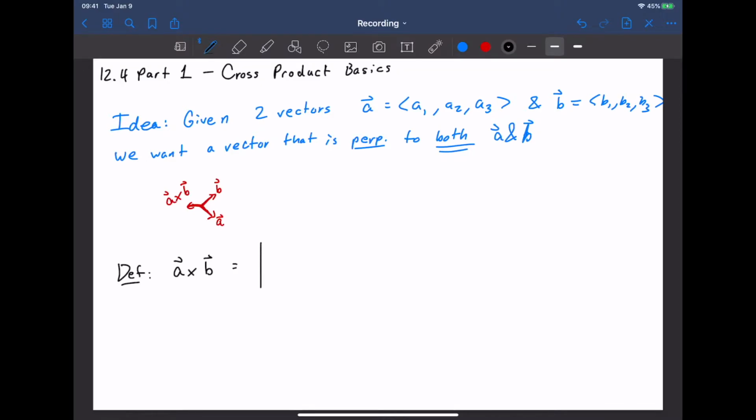will be the determinant of the following 3x3 matrix. We're going to put I, J, K in the first row, the components of A in the second row, and the components of B in the third row. And we're going to do the determinant of this 3x3. Notice it's not exactly a standard determinant anymore. We snuck I, J, and K into the top row, but this works for most students. So again, this is the determinant